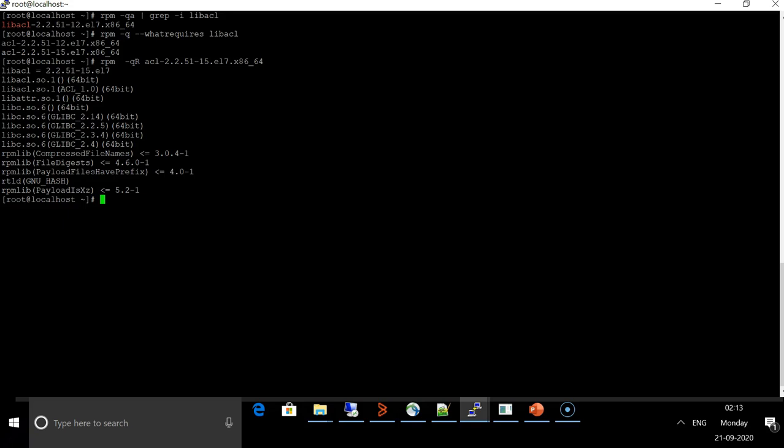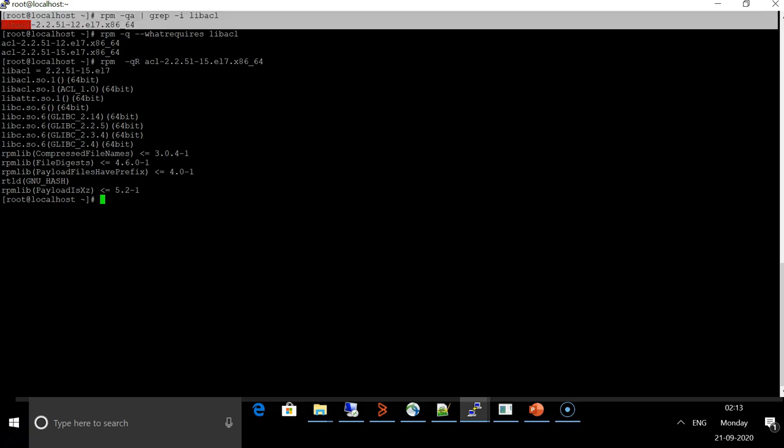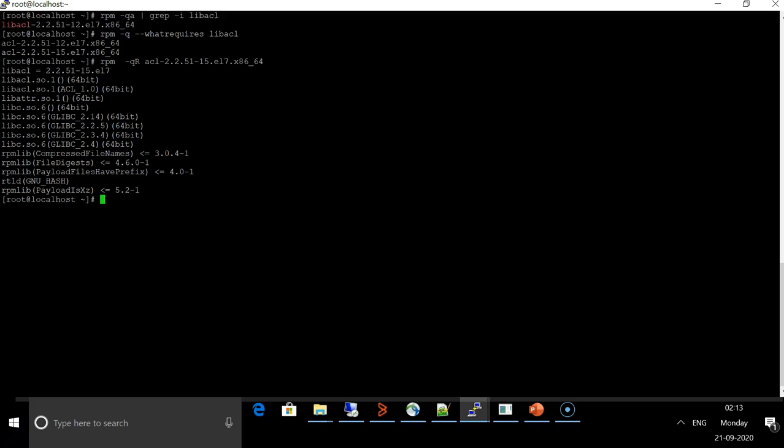As we can see, ACL 51-15 also requires the 51-15 version of libacl as well. However, there is only one version of this installed on the server. So this means that this patch was probably installed without its dependency, or the installation of this patch is corrupted.